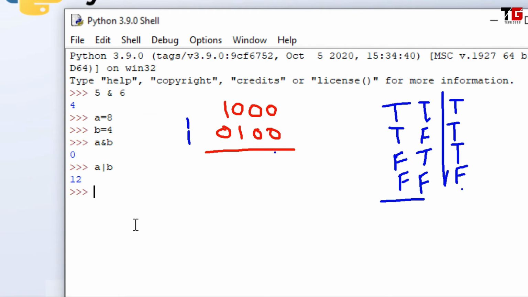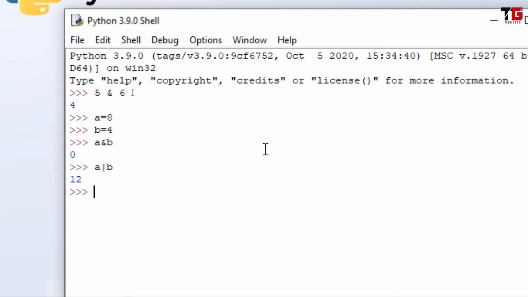So now let's calculate OR here. All the conditions are 0, so I got 0 here. I got 1. I got 1. And friends, this is the code for 12. How? This is 1, 2, 4, 8. So 8 plus 4 becomes 12. Alright friends, I hope it is clear. Let's see what we get.